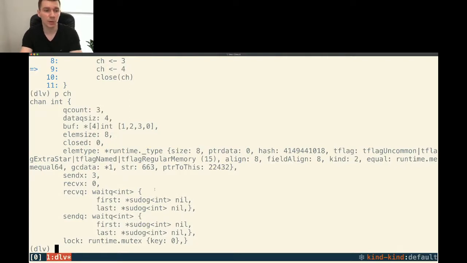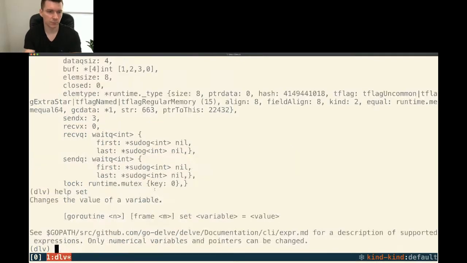But somebody might assume there is a very useful feature of debuggers, especially of Delve: you can do set. Set is like you can set a value to a variable. So it's great. For instance, if you debug and decide you need to change a value, you can change it,